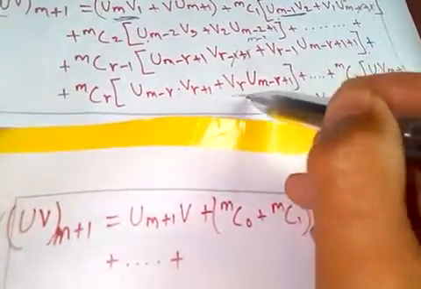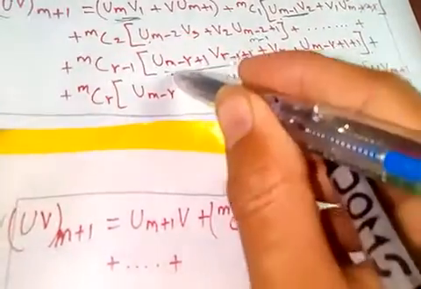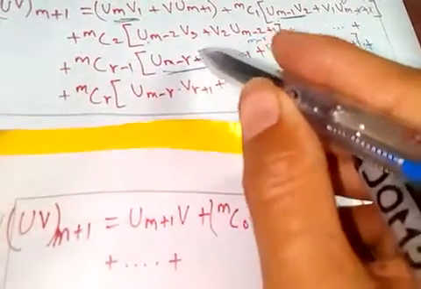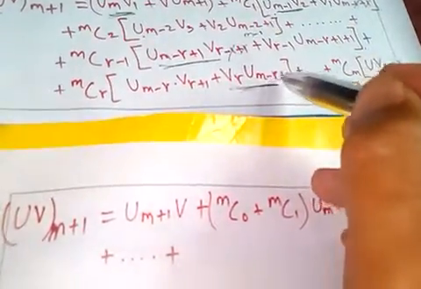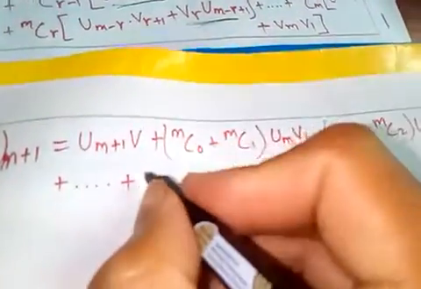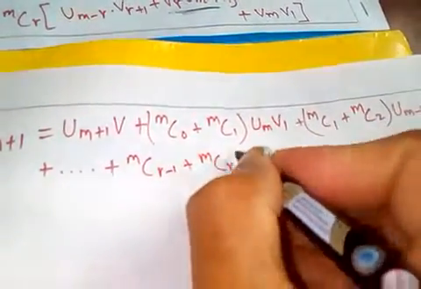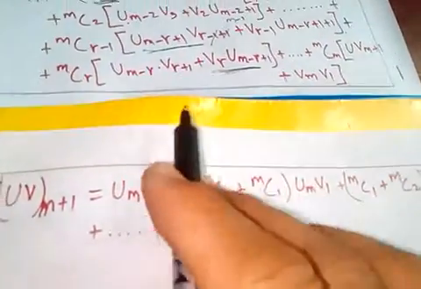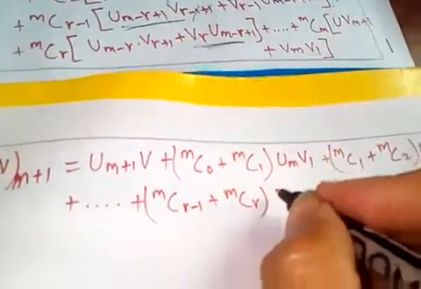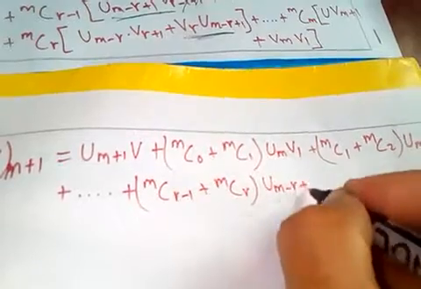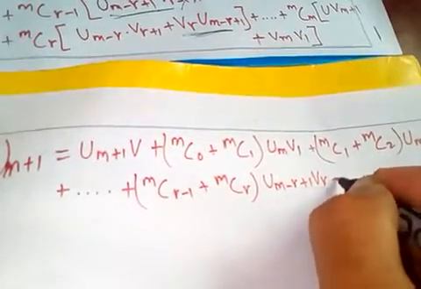Okay, this one and this one I can take common, because u m minus r plus 1 v r, u m minus r plus 1 v r. Okay, this means mCr minus 1 plus mCr, and one is the common one, u m minus r plus 1 v r. Okay,